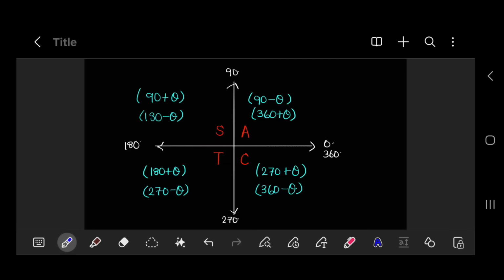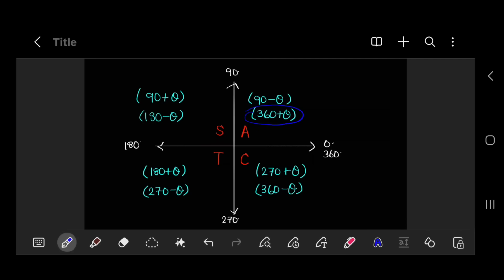Reduction formula allows you to reduce angles that are bigger than 90 degrees and make them less than 90. So in maths, we try to reduce angles so that they are simple. And by simple, I mean that we need them to be acute angles. Acute angles meaning less than 90 degrees. So in 2.1, we are specifically looking at